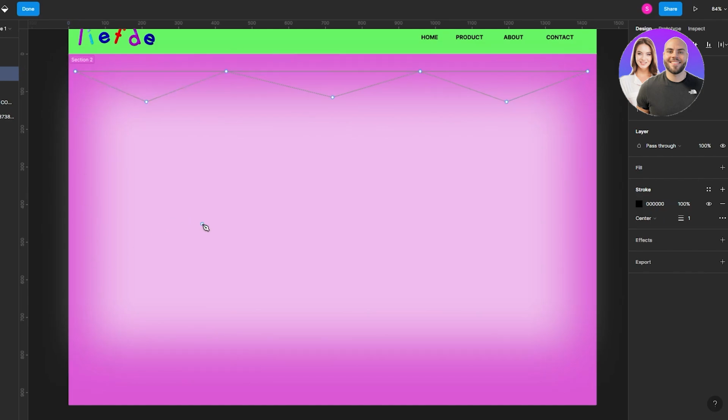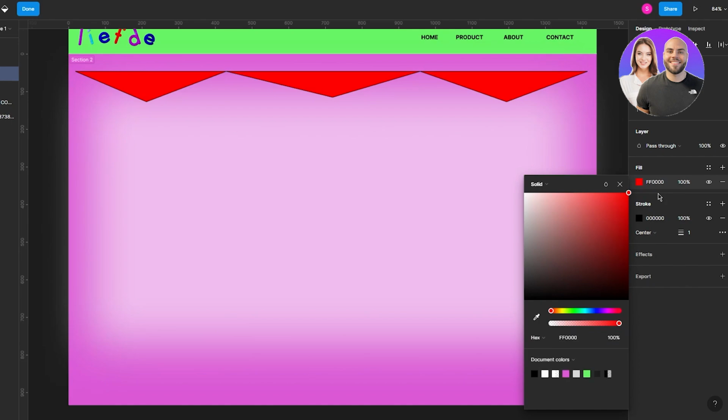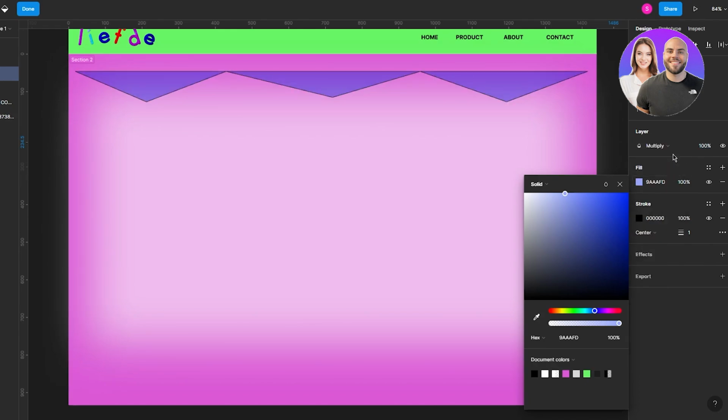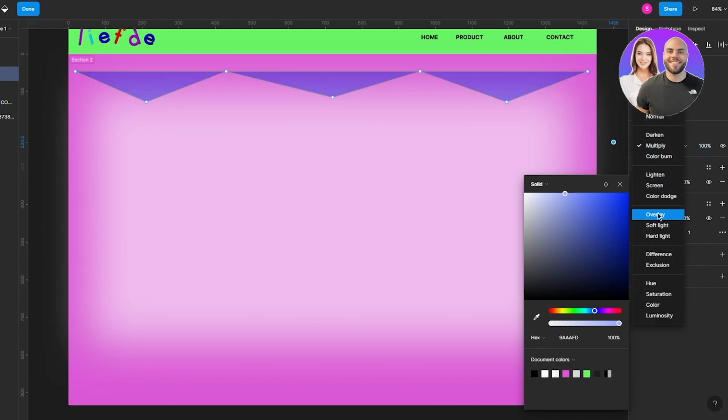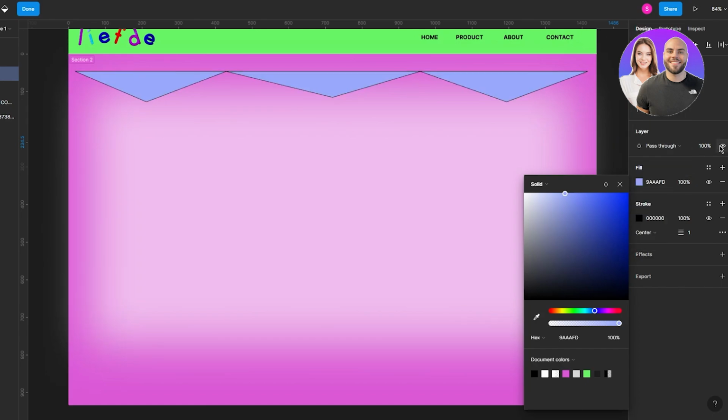And once you have created this vector mask, again, you can fill it in with a color, or let's say I'm gonna go with a bit of a light blue. This is pretty random. This is just so I can give you an example of how it's gonna look. So I'm gonna go on soft light, or you can just go on pass through. And once you do that, I'm gonna take this down to a 50 as well,